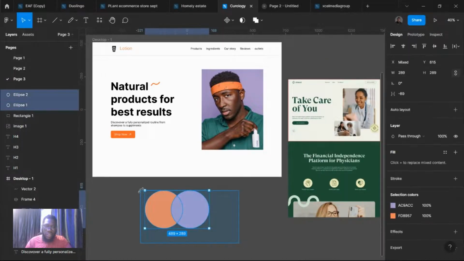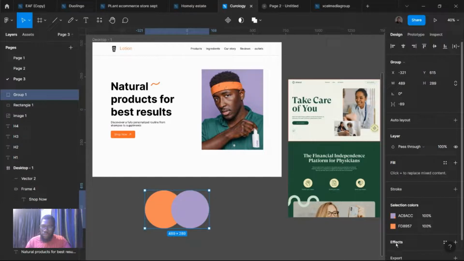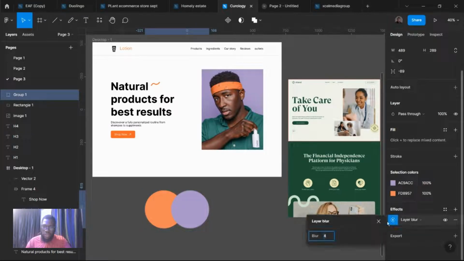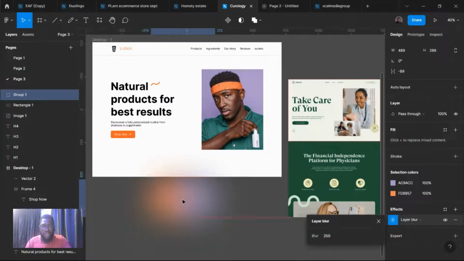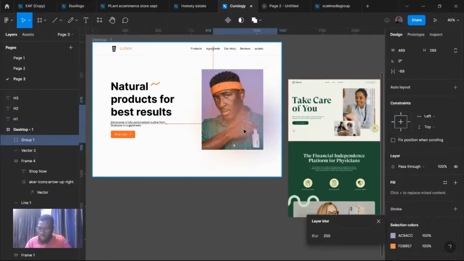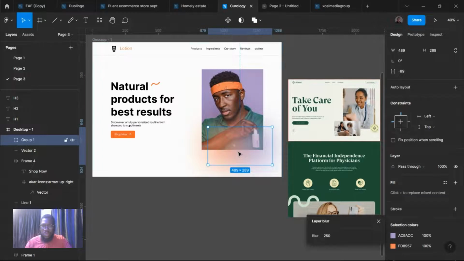Then I will select both and group. Control plus G to group. I will go to effect. I will change this to layer blur and I'll increase the blur to 250. And I'll pick it and drag it in and put it behind. Control plus